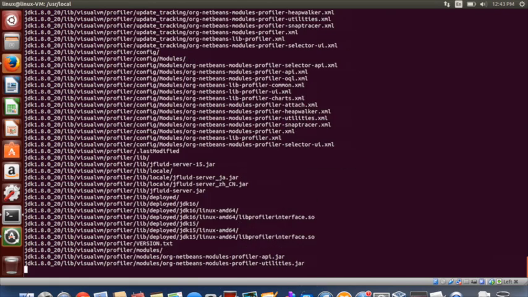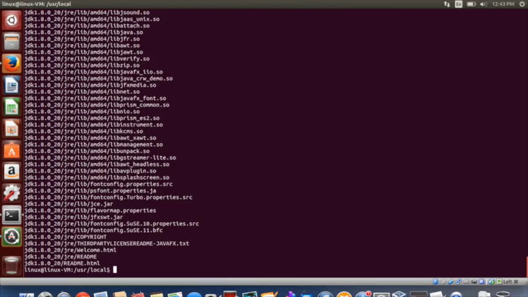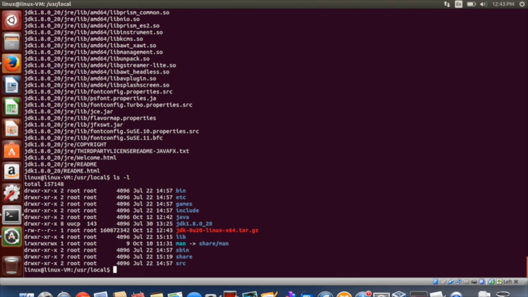Yeah, it is untarring it. It just takes a few seconds to untar it. As you can see, it has untarred it: JDK 1.8.0 underscore 20. Now I'm just going to